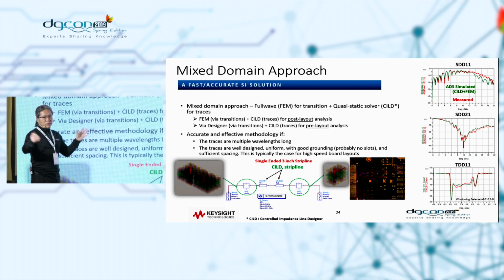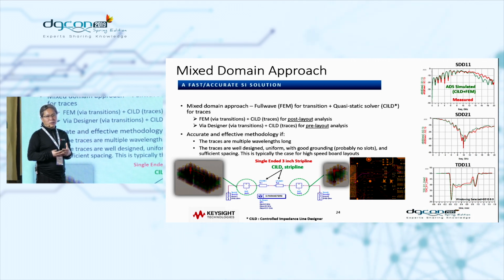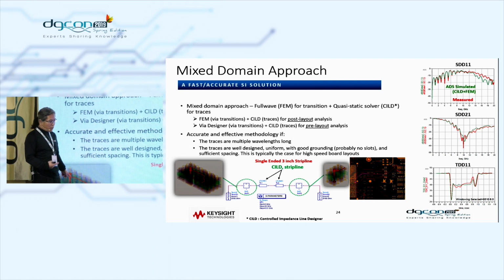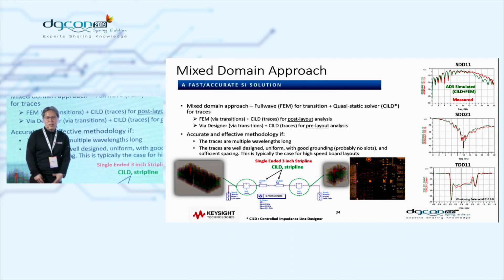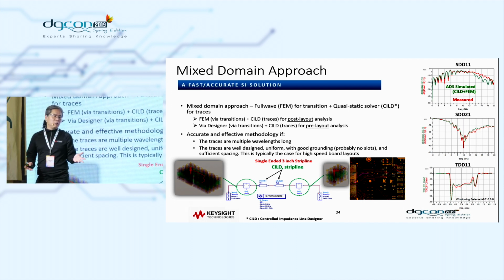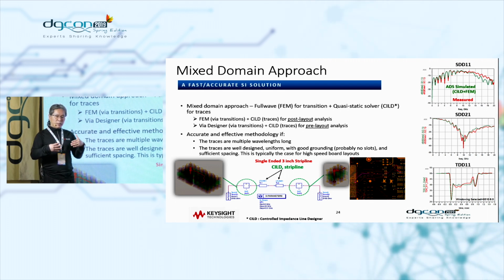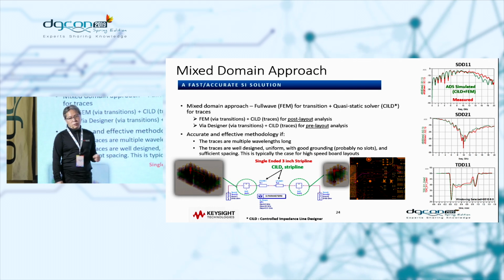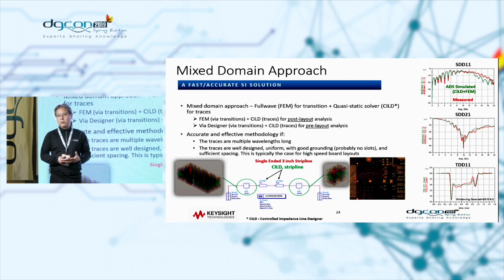So instead of putting everything into a full wave EM solver, which again takes quite a long time to simulate, why don't we just chop it, take only the transition area for the input, same for the output, and in between just represent it with a simple cross-sectional solver, representing the right length of the transmission line. Then you get very accurate simulation results between the measured data compared to this simulated structure, which I call